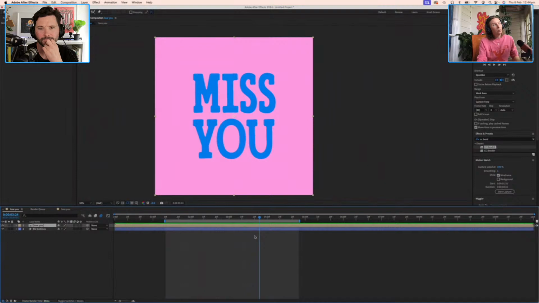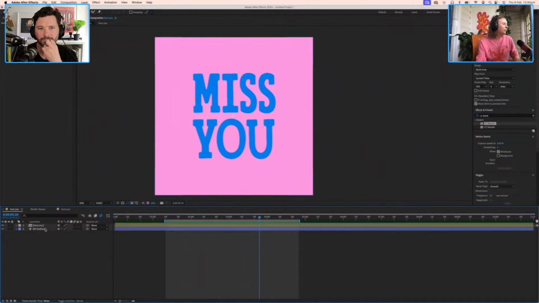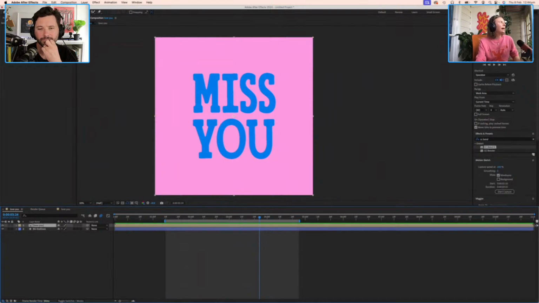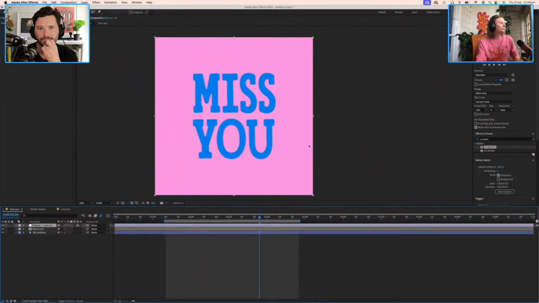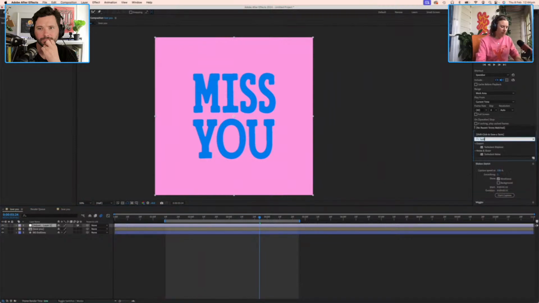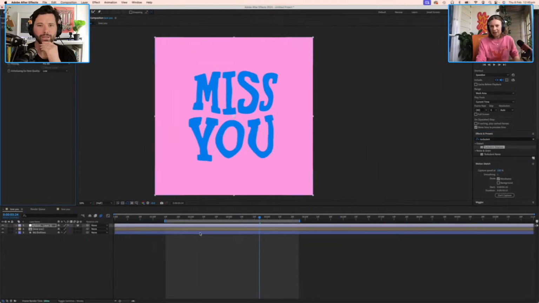So this is where we can bring in a bit of texture to sit on top of this, just to soften that and take away from that jagged edge. So I'm going to add another adjustment layer, and we want turbulent displace. This is actually, that's not what we're going for. And perfect.